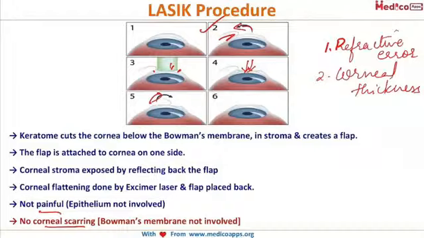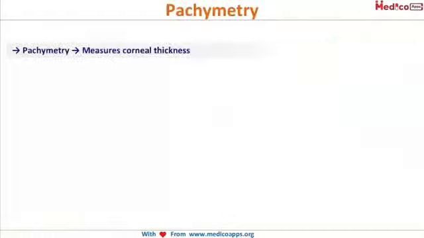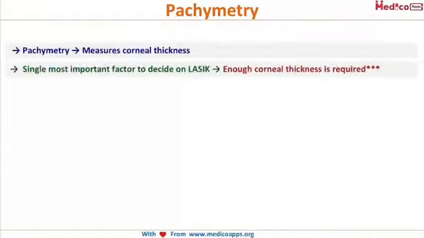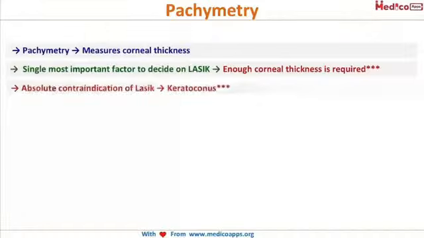Now that we have spoken about corneal thickness, we have to mention this procedure called pachymetry, which allows us to measure the corneal thickness. Pachy means thickness, so we measure the corneal thickness with pachymetry. It is the single most important factor which decides how much you are going to ablate in LASIK. So there is a stipulated amount of thickness that is required so that you can call a patient eligible for LASIK surgery. However, an absolute contraindication for LASIK surgery is keratoconus. Please remember this, it can be asked. An absolute